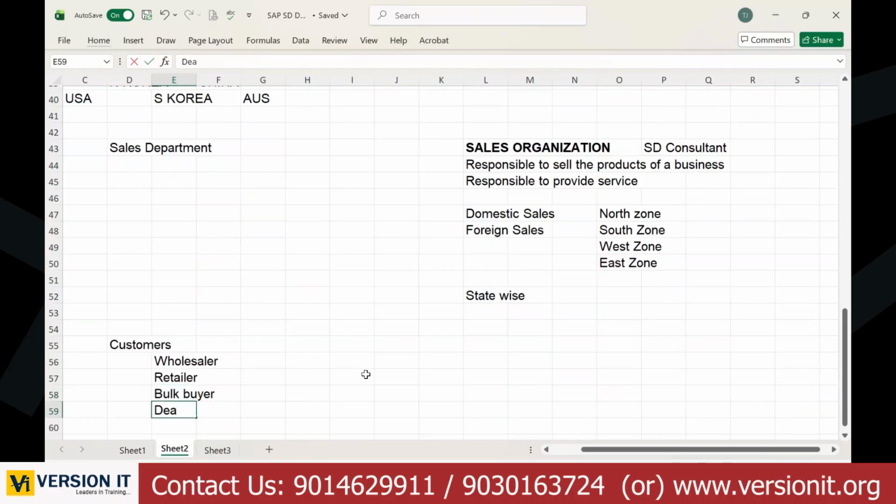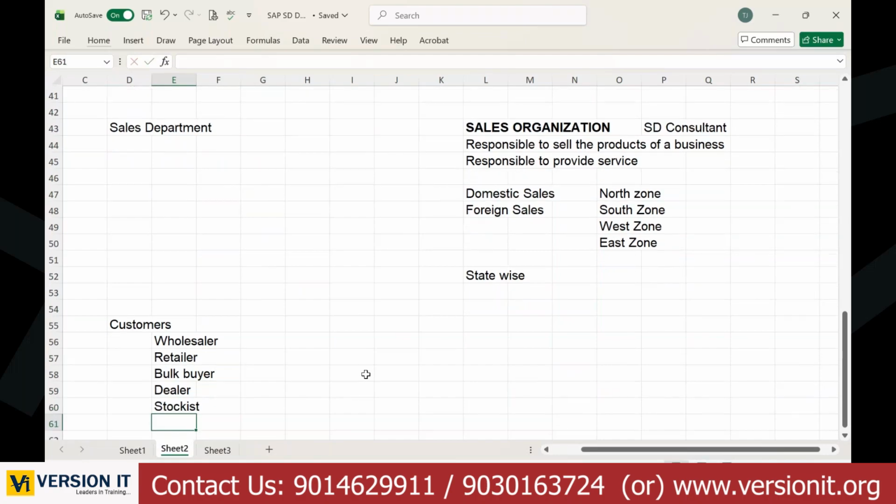We have dealer, we have stockist. Like this, you are going to be having different set of customers over here. Remember that. You're going to be classifying your customers under wholesaler, under retailer, under bulk buyer, or a dealer, or